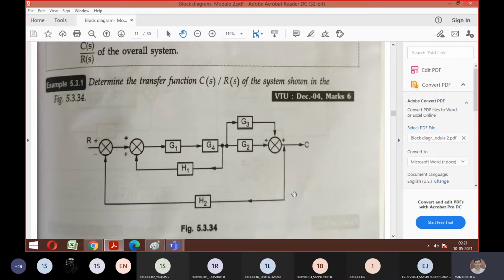Next, what conditions can you apply here? Which step of the reduction technique is involved? Sir, G3 and G2 are in parallel, no, sir? Good. So G3 and G2 are connected to one summing point. Both have a plus symbol, so it means I should add them. If there was a minus here, you should do minus of that. Since it is plus, you can do G2 plus G3 and reduce this to a single block. Good. That is the first step. What is the next step?